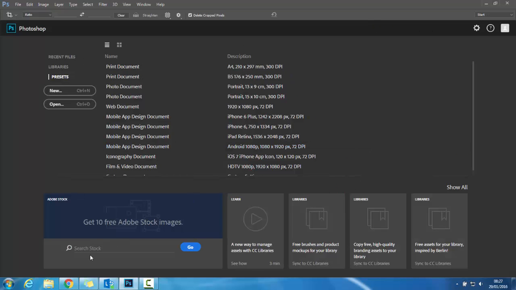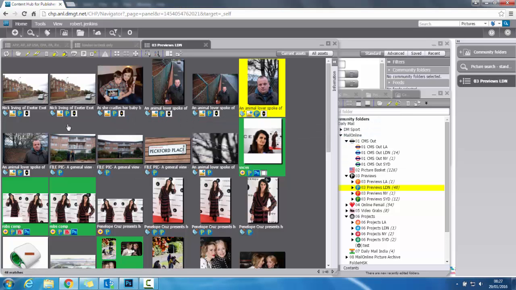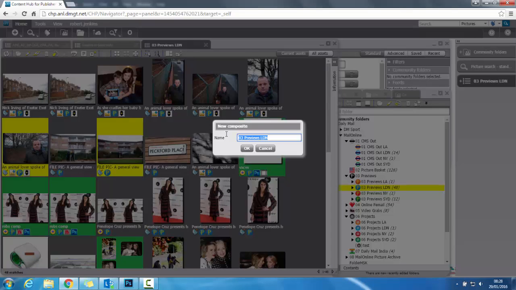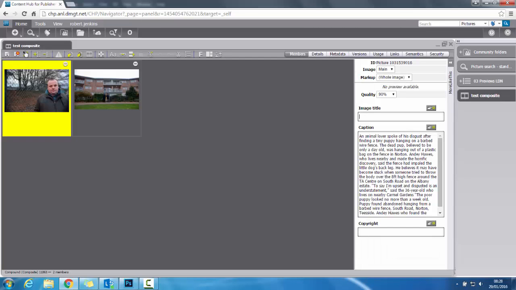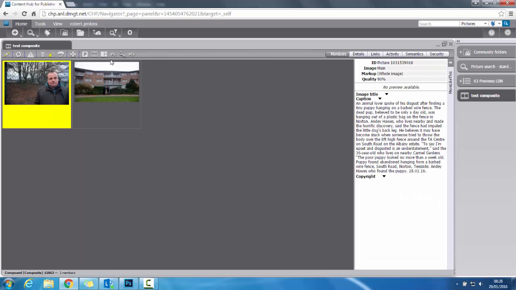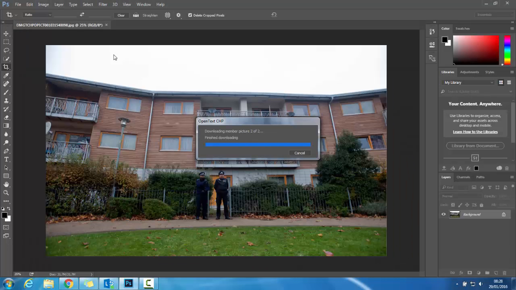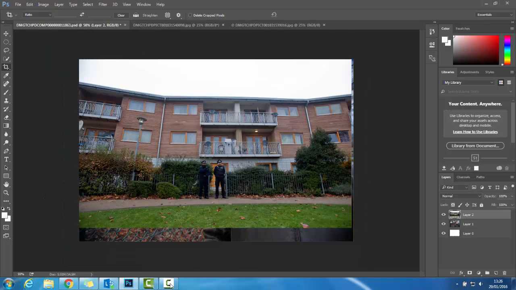Just going further into that Photoshop integration, one of the advantages is that you can create composites within CHP. So I'm going to select a couple of images just here and then press C on my keyboard to build a composite, and then I'm going to give it a name. The name's not that important, but I'm just going to type out test composite here, and that then builds a group which is called a composite. And then you can launch those images all in one go into Photoshop, and that's now going to build a layered file for me, a layered canvas. Okay, so that's then copied and pasted those images onto there,